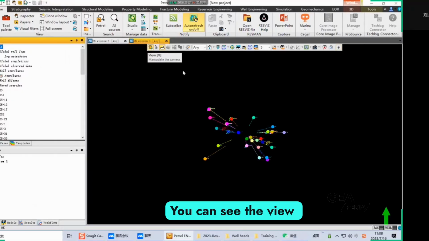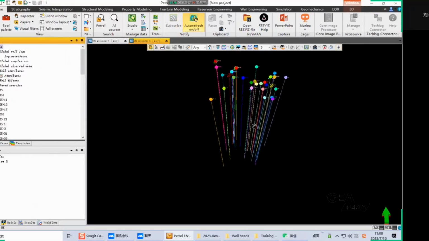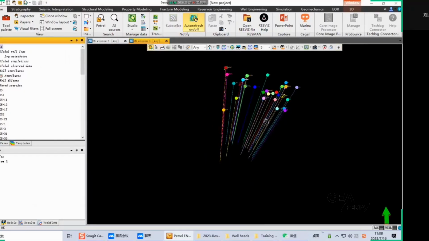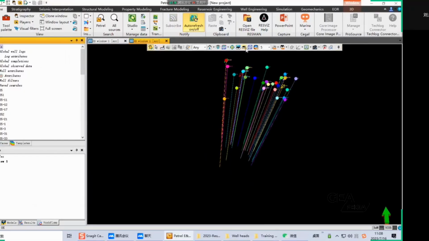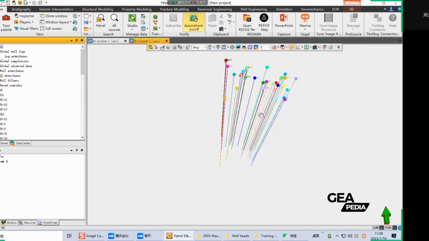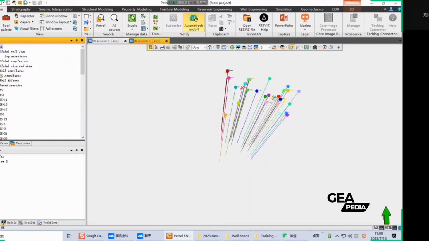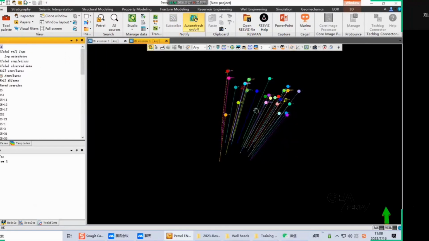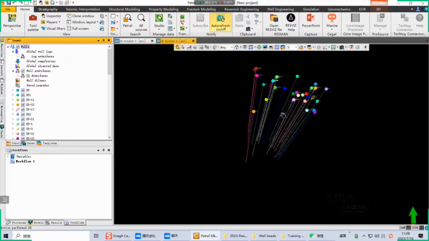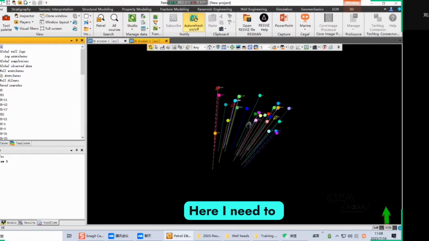You can see the wells in the 3D window. Just change the background. Here I need to introduce the